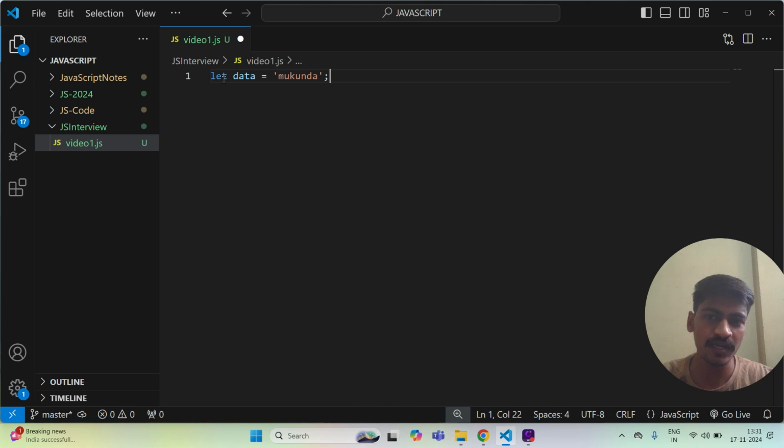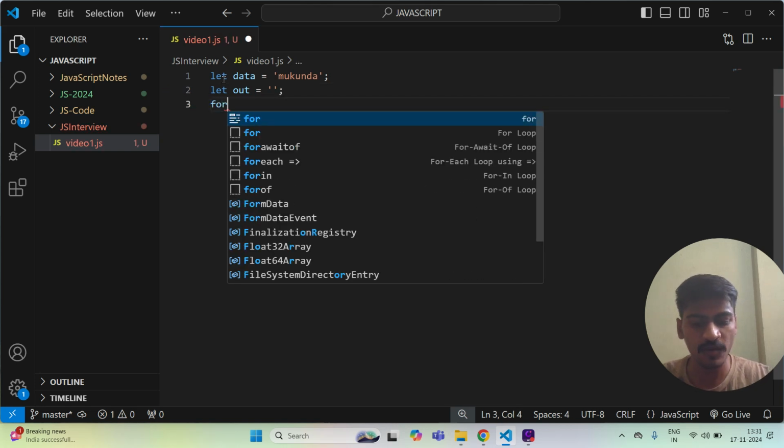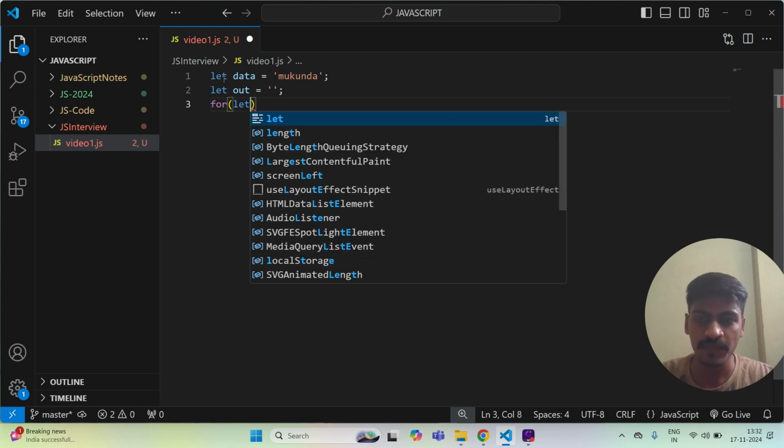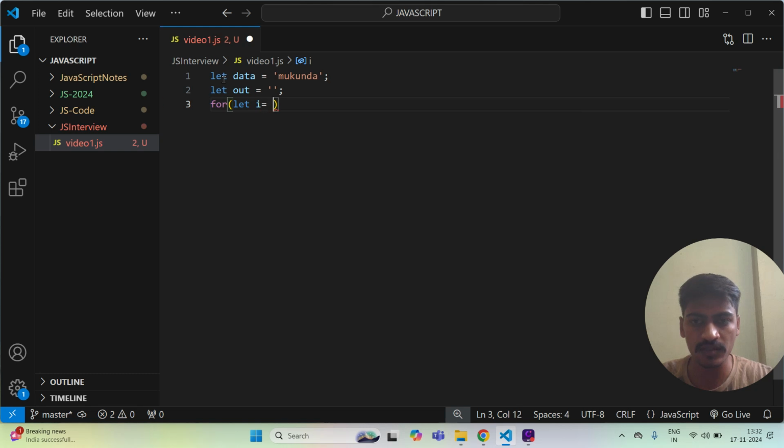So what do we need? Another variable, an empty string. Then we need one for loop. With the help of the for loop we iterate over everything and put it into that variable. So we need let i equals data.length. Basically, length is a property present on arrays as well as strings, so we use that property.